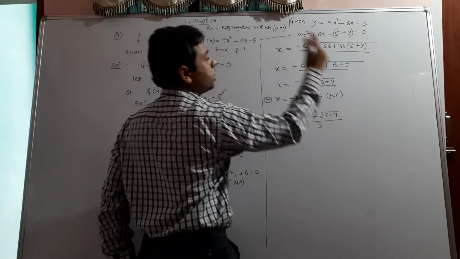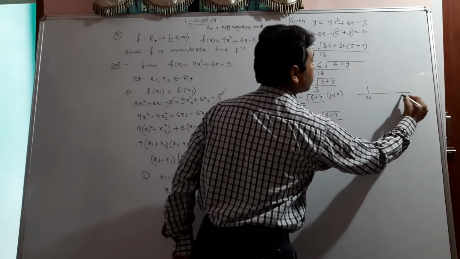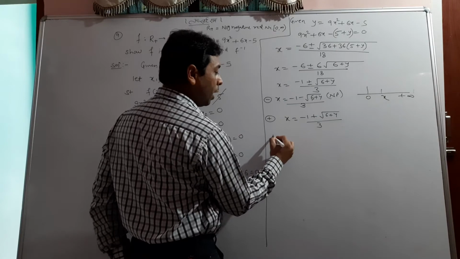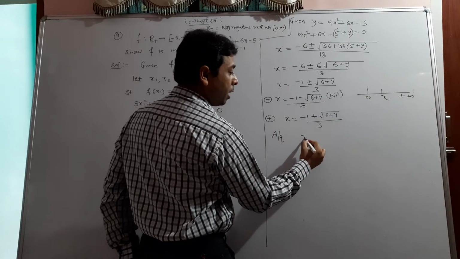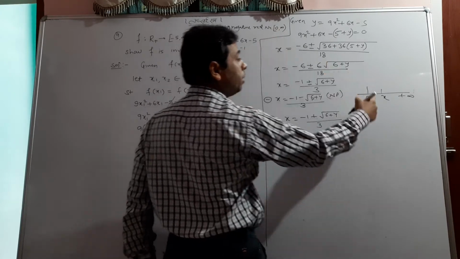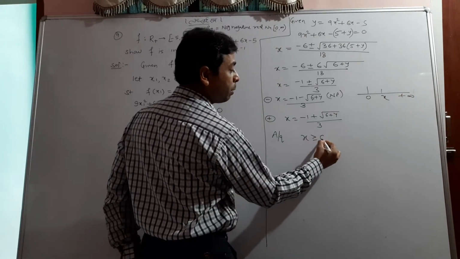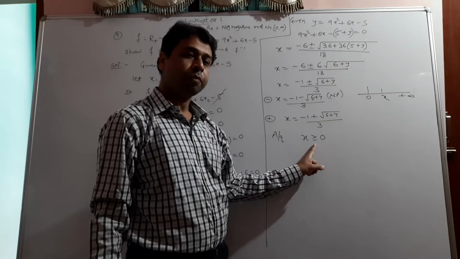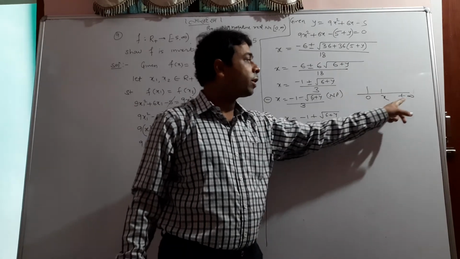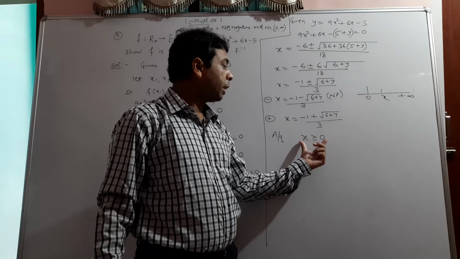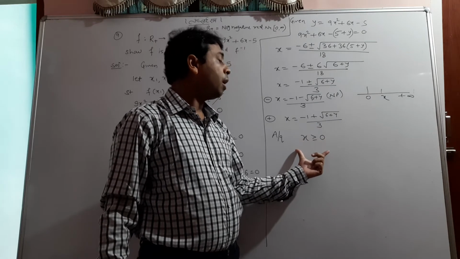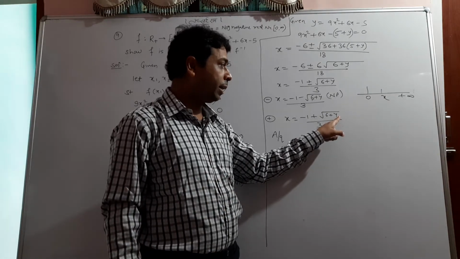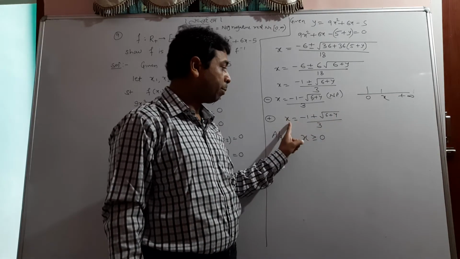What do you think about this interval? This is 0 and this is infinity, and x is here. x between 0 to infinity. So I'll write that as per the question, x is lying between 0 to infinity. I would write very simply that it's greater than or equal to 0. It's very simple terminology I'm using. x is greater than or equal to 0. Now you are thinking why I am writing that. I am finding the range for y. I'm finding the criteria for y, so I will take the help of x.